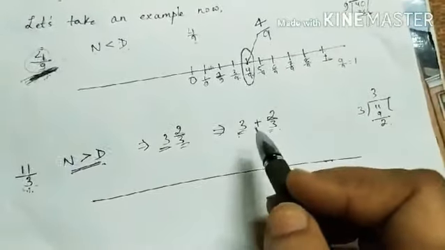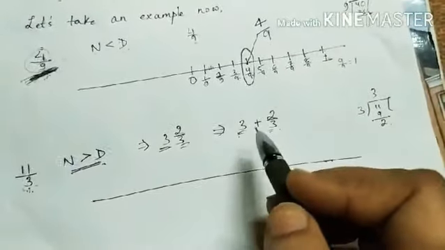3 is done, more than 3, right? So our denominator is 3. So between this 3 and 4, how many parts will we divide into? We will divide into 3 equal parts, like 1 and 2, 1, 2 and 3. Understood? So this will be given as 1 by 3. This will be given as 2 by 3. So this number can be represented like this: this is 3 and this 2 by 3.